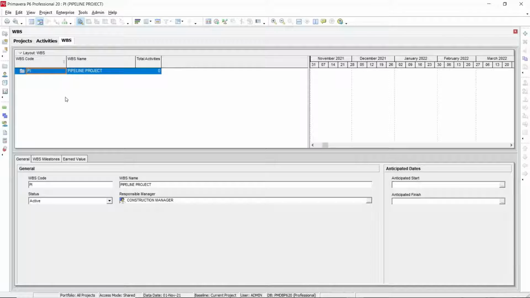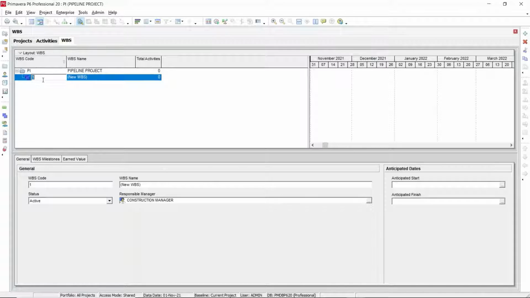In this WBS window, we are going to create a work breakdown structure. For creating the WBS, we need to click the Add button here. When you click Add, you can see a new branch of WBS is already created here.